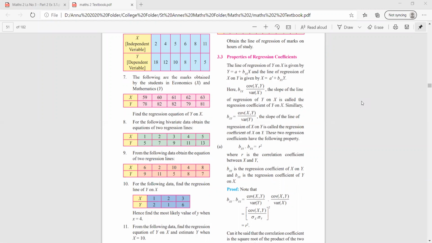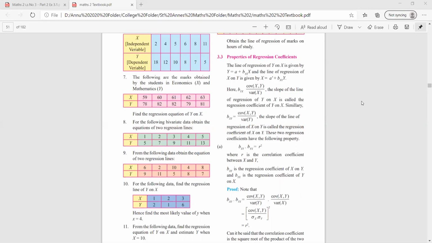So I hope you all have gone through the video yesterday and the day before yesterday, because we have already started with a new chapter, that is lesson number 3, linear regression. Yesterday we saw sums which were based on table values less than 20. Now today, class, our focus will be on the values in which the table values are greater than 20. In that case, what has to be done, we'll be seeing today.